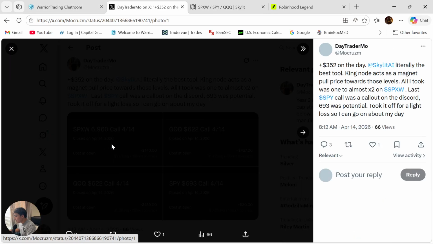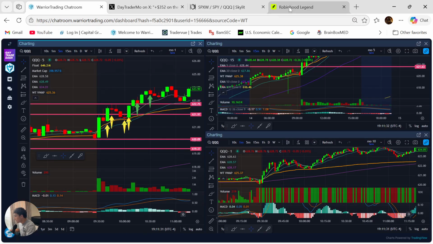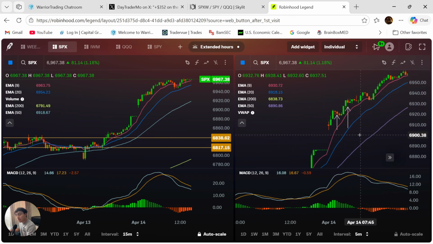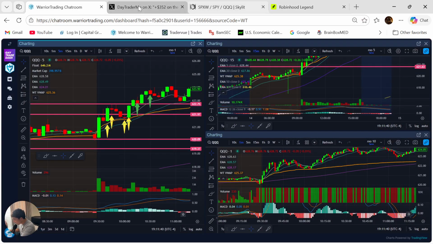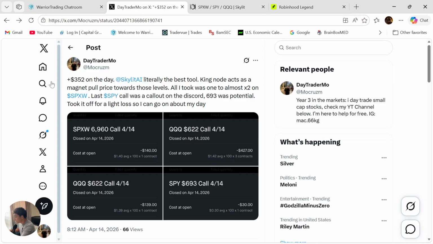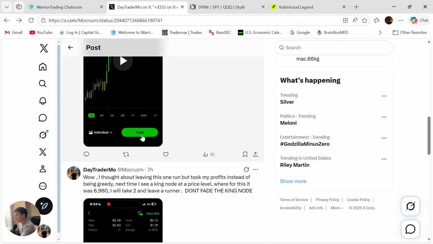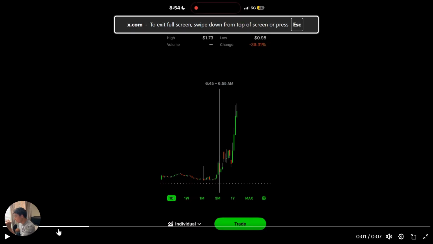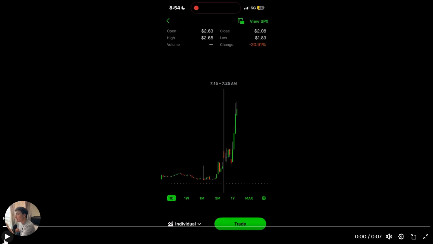But at the same time, I also took SPXW, which is SPX. It was far out the money, and I did that because of the king node. Trading SPX is very, very risky. I don't recommend new people trading it. It's very volatile. If it immediately starts going down the wrong way, you could be down like $50 within seconds. The most I was down was $40.